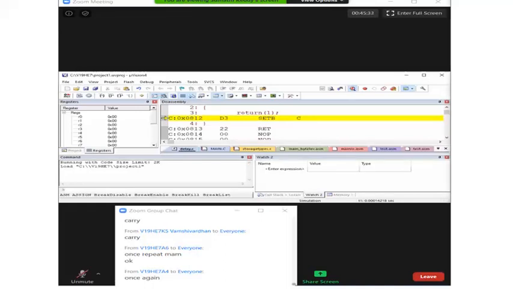But if it is bit type, then only it is carry. Tell me something, yes or no? So how the arguments are being passed and how the arguments are being returned, that is clear to you, right?